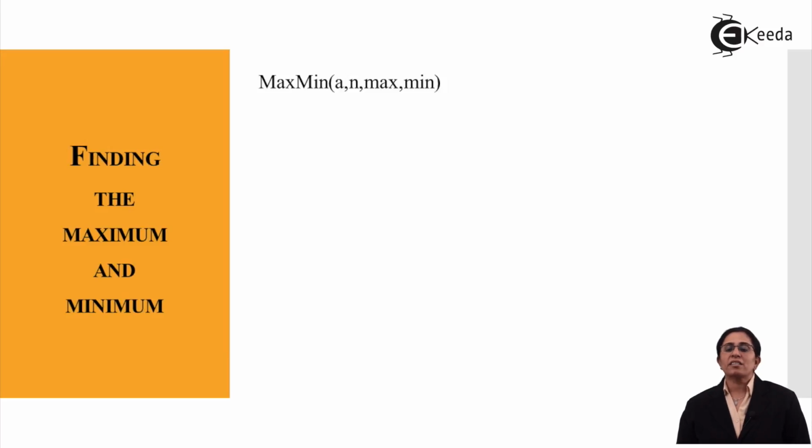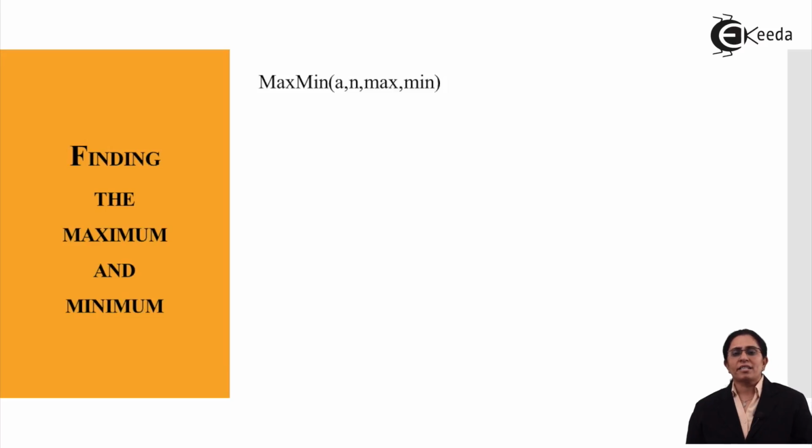It signifies that my function finds the maximum and minimum for an array. A, n, max and min are the four variables passed from the calling function. Wherever this function is called, I pass these four values. A is my array, n is the size of the list, and max and min are the first element of the array that I pass here. But usually from the calling function, we initialize max and min to 0, that is, not to any element in the array, but by default at the time of variable declaration to 0.